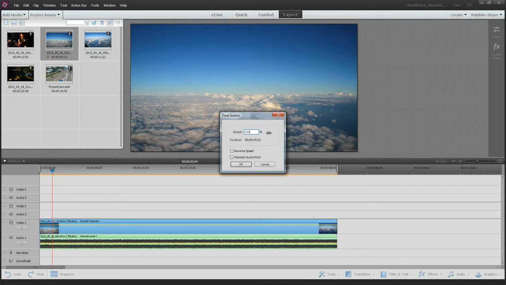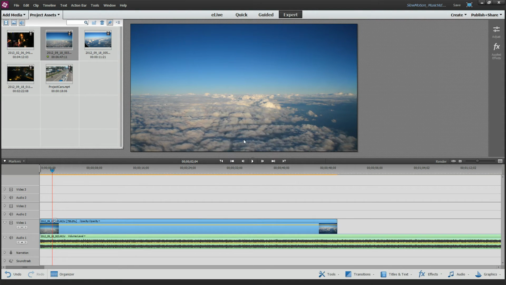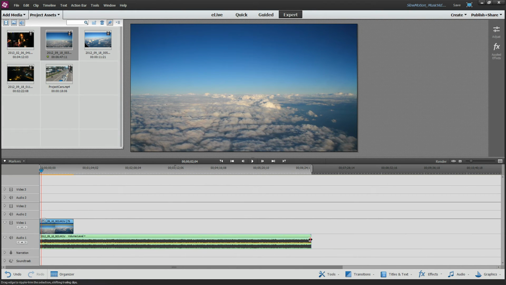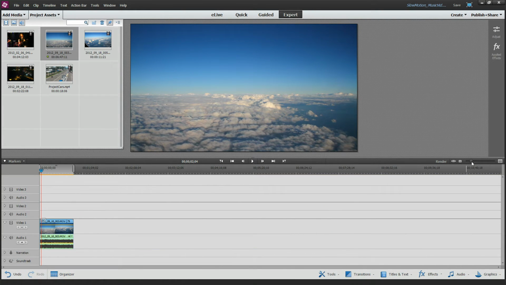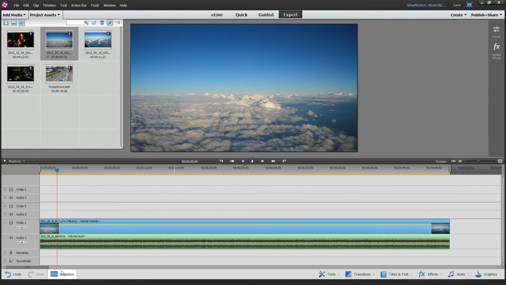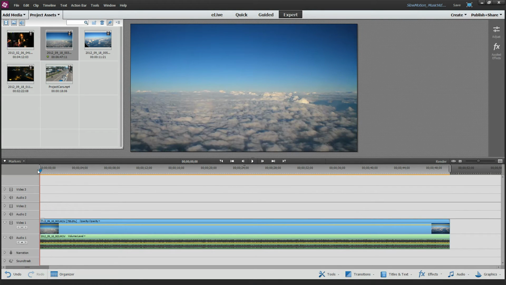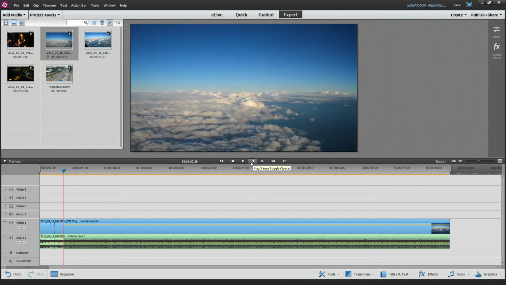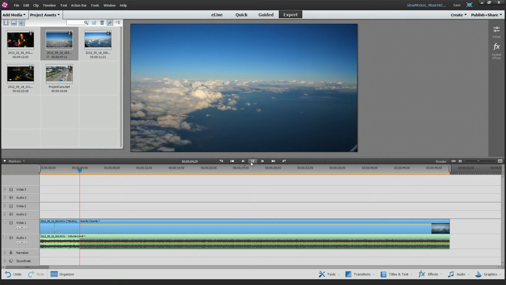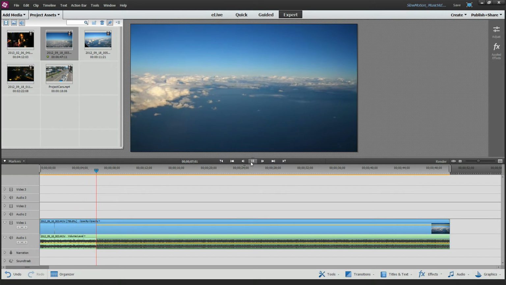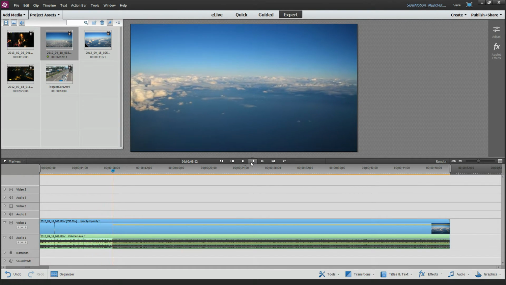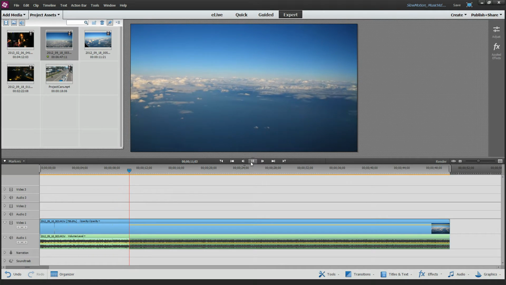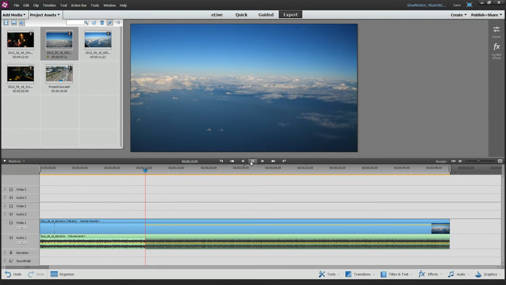Now, not 1,000, 100%. Now you're going to see the audio track get a whole lot longer here, which we'd expect to see because it's going back to its normal state. But what I am doing is I am using the original sound that's not been sped up with the video that has been sped up. Sounds a little bit more realistic, at least in my opinion it does. You don't notice the sound because it's at the normal speed, but the video is faster, so it just has a very natural feel to it.